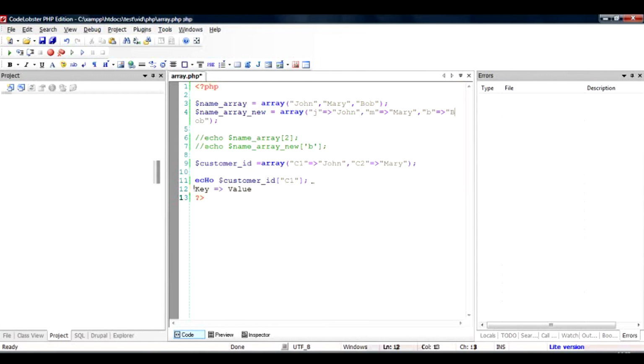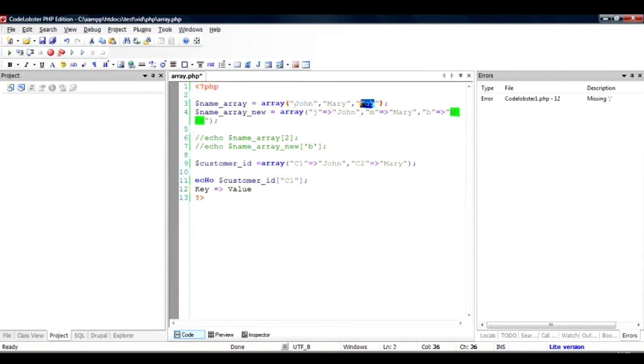If the keys are not defined, then they have the values 0, 1, 2, 3 in consecutive sets. Once from 0 it goes to 1, and from there 2, 3, 4, 5, and then you can assign individual values like this.